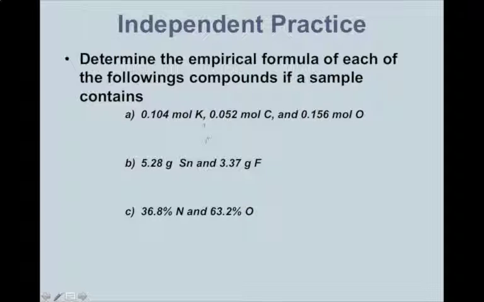The answers are K2CO3. Hopefully you tried to name these. If not, push pause again. Go give them names. Part A is potassium carbonate. B is tin(IV) fluoride. And C was rough. If you got C, you're doing really good. N2O3,